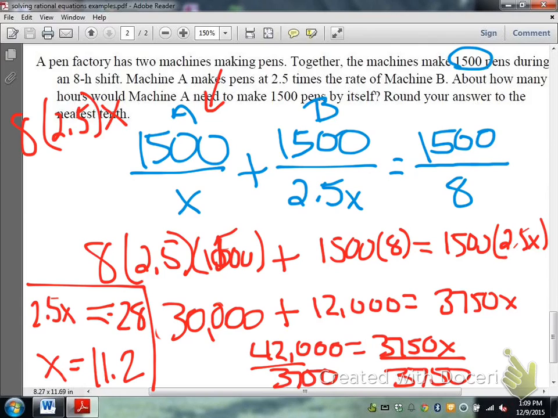Why did you multiply it by 2.5? Okay, hold on. I'm pushing the limits of how much